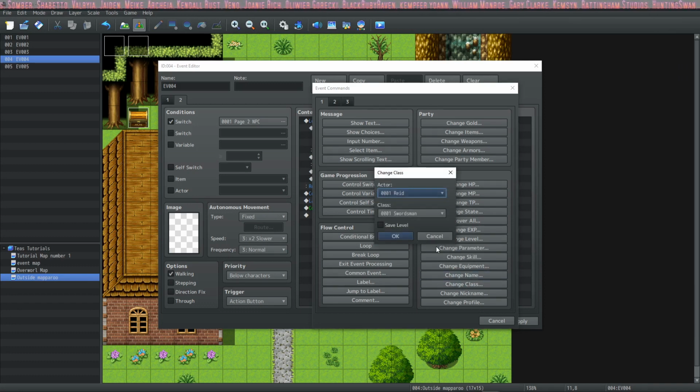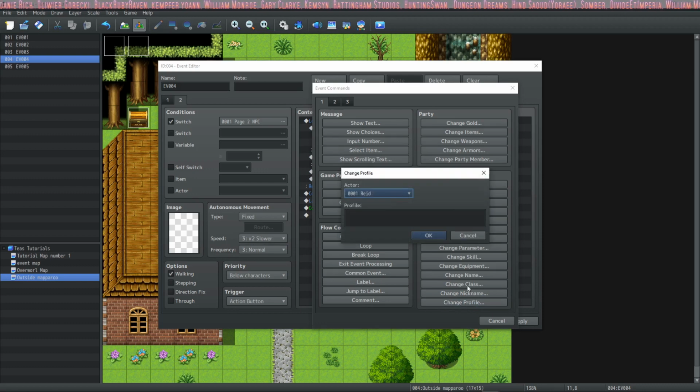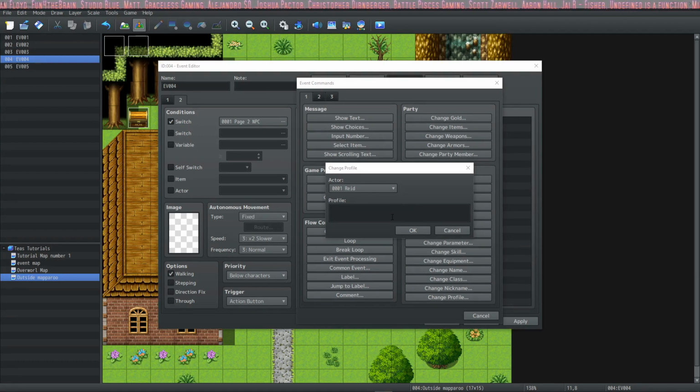You can change their class. You can also change their nickname, and this shows up above their profile in the menu. And then you can change their profile, and this is just a short description about the actor or the player that you input yourself. Let's do a little event to see what this looks like. We're going to put a profile on Michelle, and she's going to have the profile